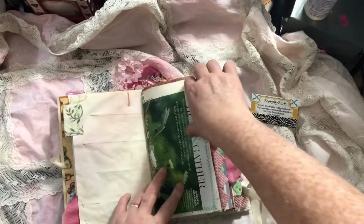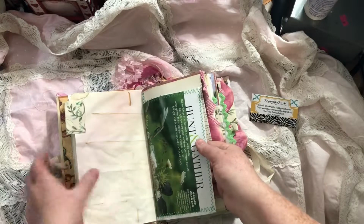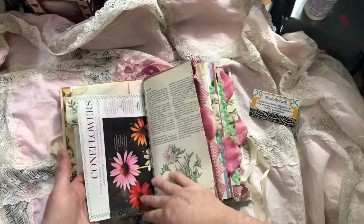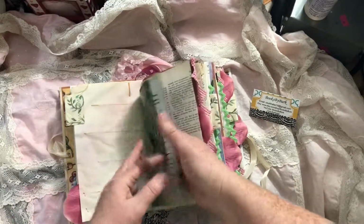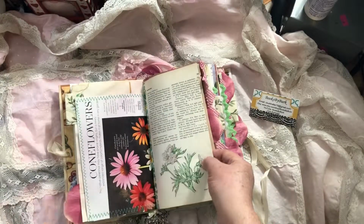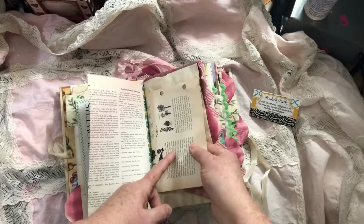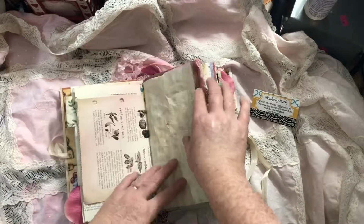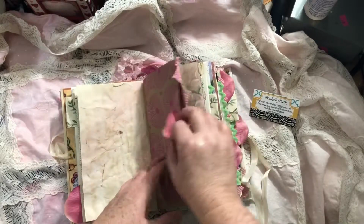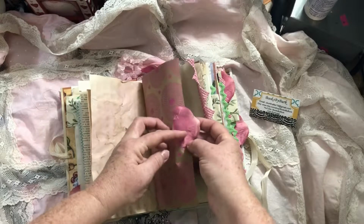Some coffee dyed paper. This is a page, 2 pages actually, from a Better Homes and Garden magazine. It was pictures of flowers, so since they were kind of thin, I just sewed them together. This is another page from that botanical book, and this is a page from a Better Homes and Garden 5-ring binder on gardening. Coffee dyed paper. This is just some wrapping paper. I just like the pink. And then there's one of those silk leaf